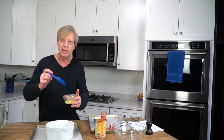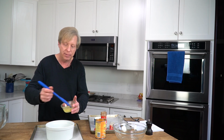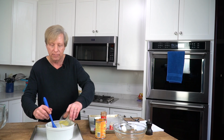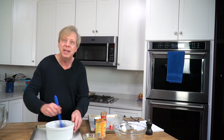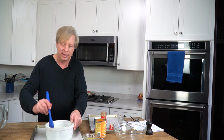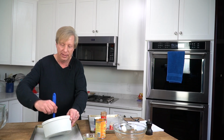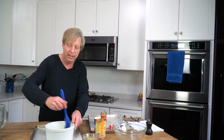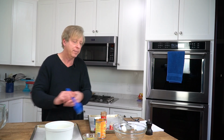And what we're going to do is brush the inside of the dish with melted butter, because every soufflé begins with butter. We want to get all the way up the sides. And then